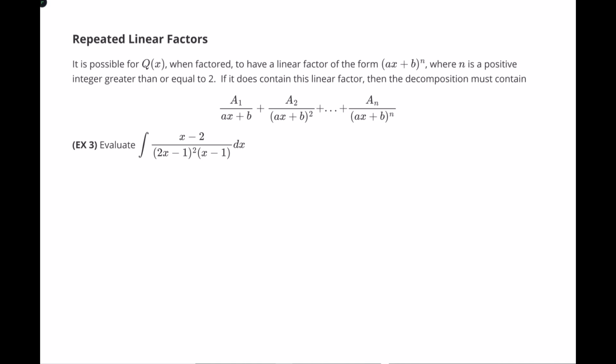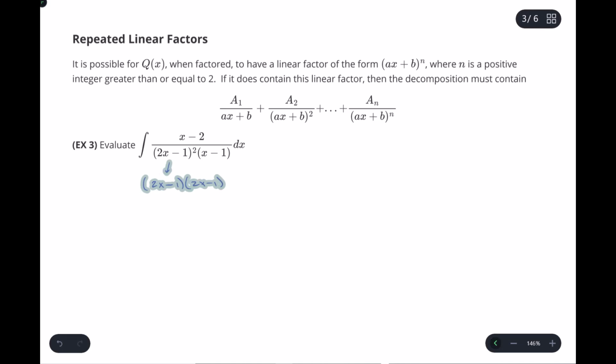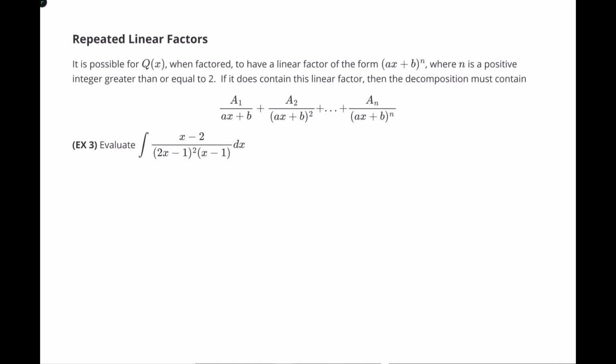So I have the integral of x minus 2 over 2x minus 1 quantity squared times x minus 1. This denominator has already been factored, but as you can see, we have a factor that's repeated, so 2x minus 1 quantity squared, because that's literally the same thing as 2x minus 1 times 2x minus 1, okay? Now, here's how we handle that in terms of our guess, because the next thing that we do in this process is we guess at what the